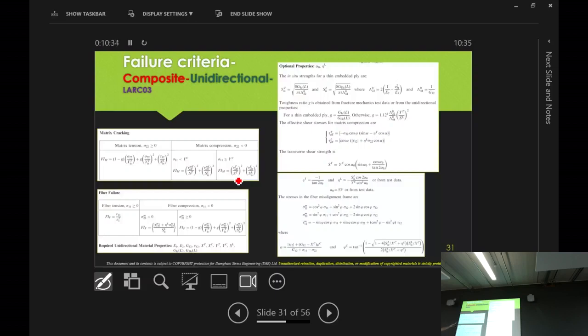But there are some parameters, you can see properties such as G. These parameters are all given out. There's no need to go through it, but it's very intense. One of the problems with this is that there are a lot of parameters that you need to know, and that requires experimental testing. So for a big company like NASA, it's feasible with that budget and testing and all of that,